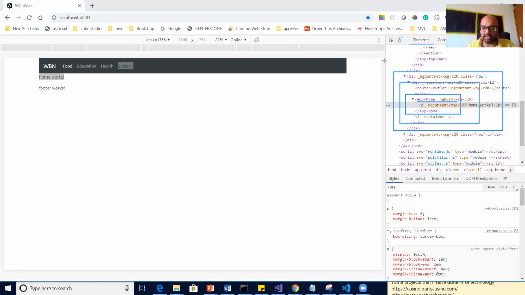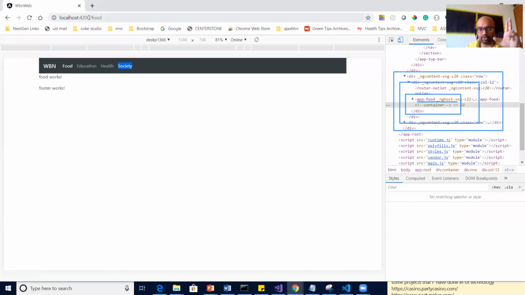Now let's click on food. See here, focus. When I click on food, you can see the route changes to /food. So router link has passed food to router module. Router module takes the path food and checks the routes array, or you can say the route mapping table which we created, to find where food is.